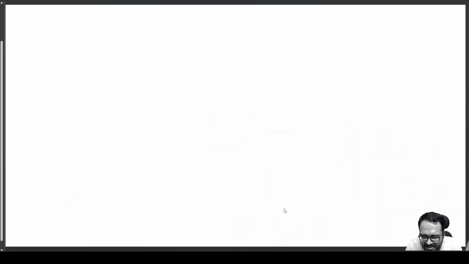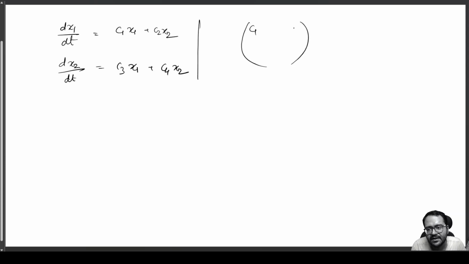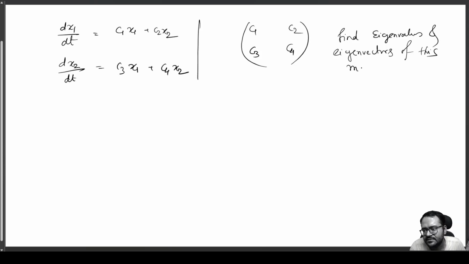Should I do a little bit of generalization? I think I should. So if you have dx1/dt is c1 x1 plus c2 x2, dx2/dt is c3 x1 plus c4 x2, then that matrix will be c1 c2 c3 c4. Find the eigenvalues and eigenvectors of this matrix. After you get it, the general solution will be like this: